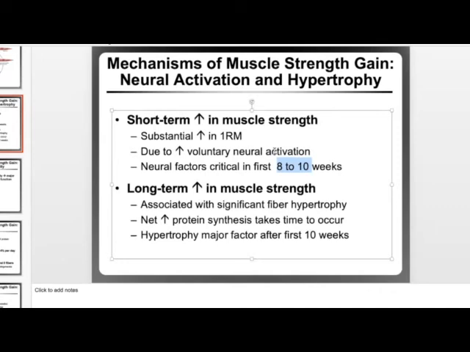Once everything is synchronized and the brain is functioning as perfectly as it can, which is going to last for about 8 to 10 weeks, then the body is forced to increase muscle size. So those 2 6-week time blocks, that's not random. That's based on research. So I have 2 6-week time blocks. We're going to get past our neurological factors, and then we're going to start getting long-term increases in muscle strength. All right, so we're going to get major hypertrophy after about 12 weeks.